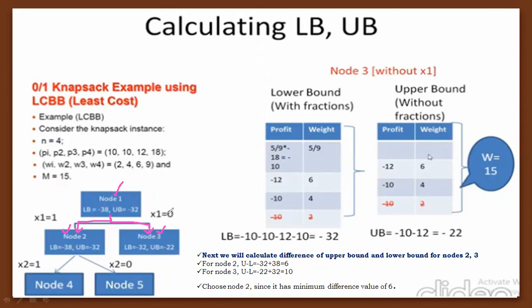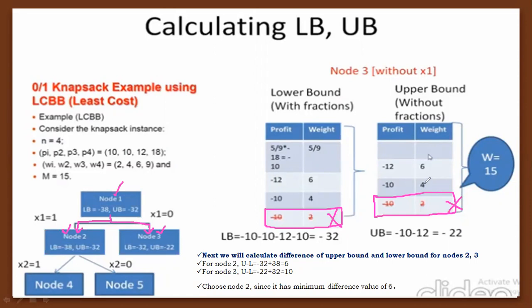When the first item is not to be selected, so that's why the first item cannot be selected. This first item is not to be selected. In both cases, while calculating the lower bound and upper bound, you cannot select the first item. When the first item is not to be selected, then keep on adding or placing the second item and third item.